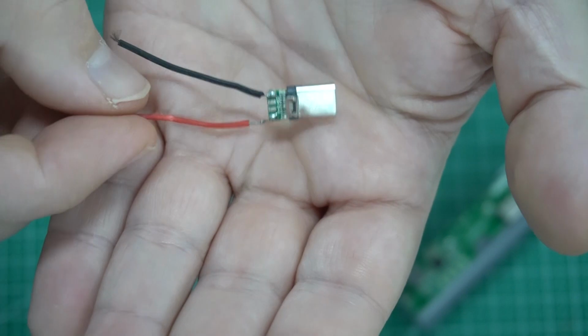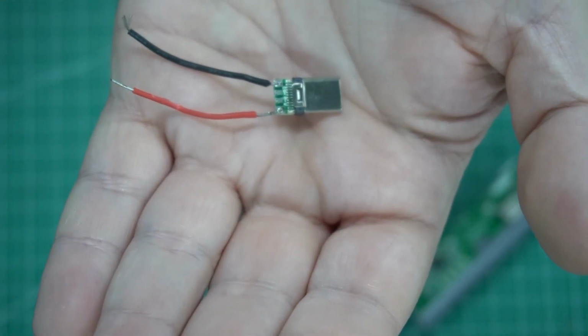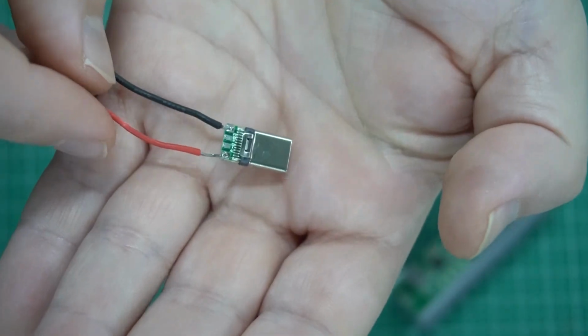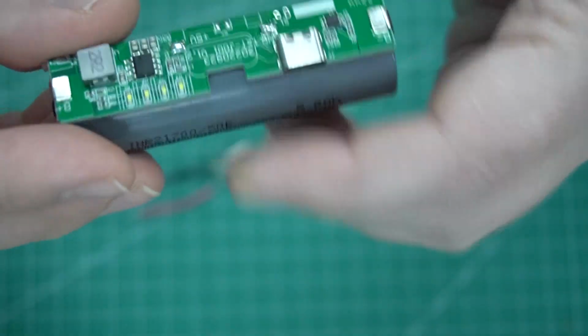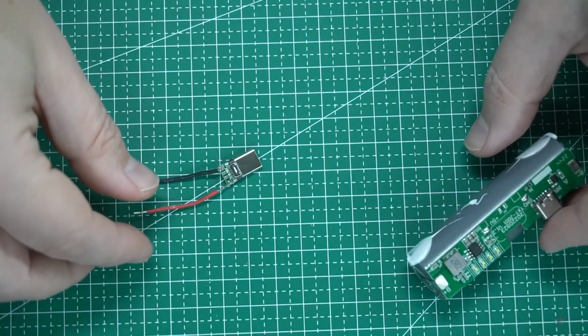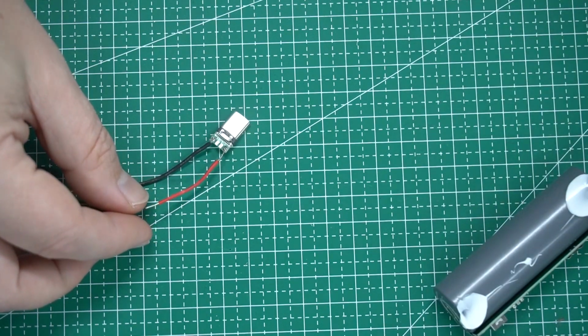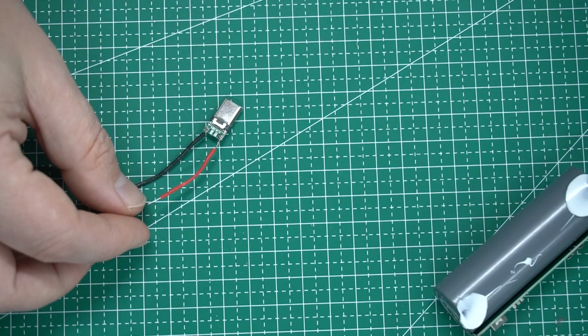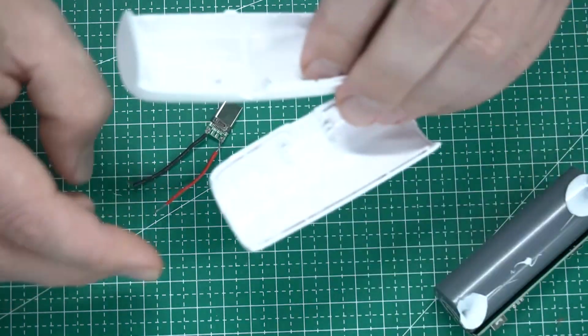I need to redo this solder. I've got too much exposed wire there, so I need to fix that joint. Then I'm going to resolder it to the points there. Then I'm going to see if this enclosure is ruined. I think it is, but I might be able to use it partially,